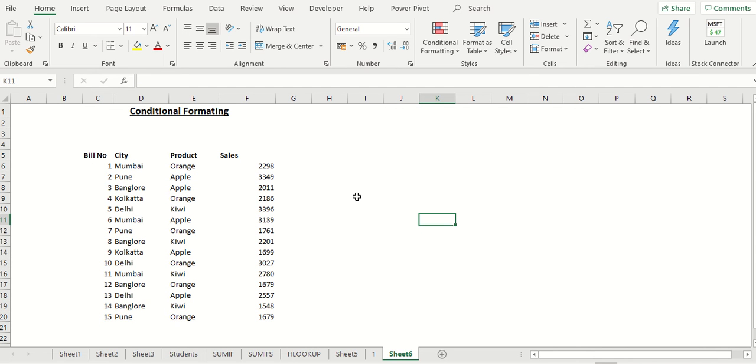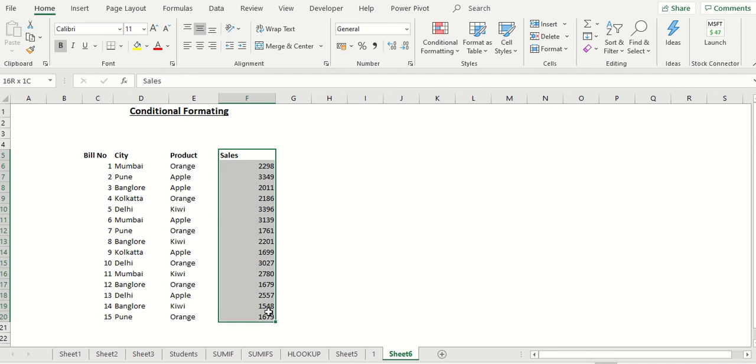Now we do our formatting day in, day out, but suppose we want to do some formatting automatically if we have standard data. In this case, I have a list of sales which I have done, and I want to do a conditional format. I want to highlight it with specific fonts or specific colors. Suppose we have sales here and I want to highlight sales which are less than 2000 rupees.